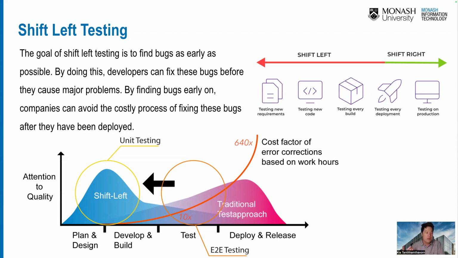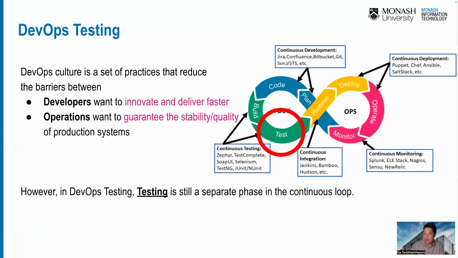We let the computer execute the test automatically. Everything is automated, so we don't need to have the human involved now. That's why we use the DevOps testing nowadays, because when we